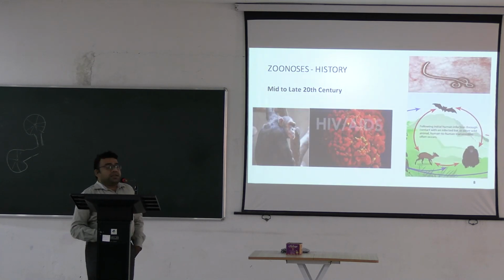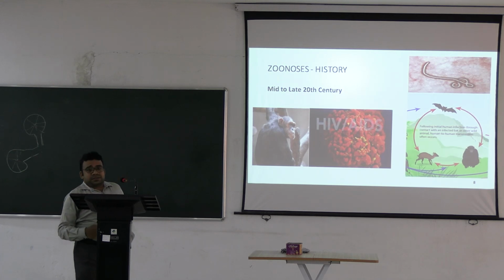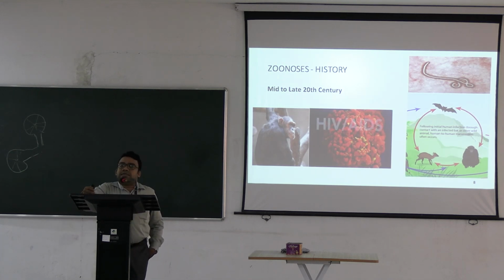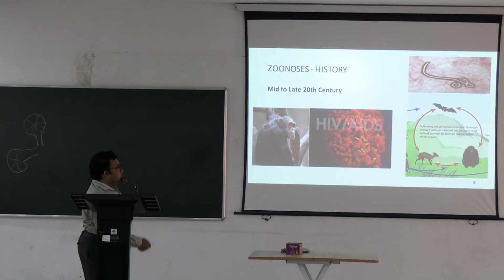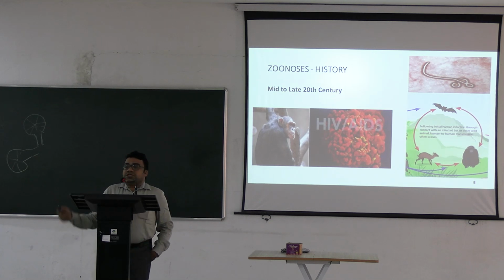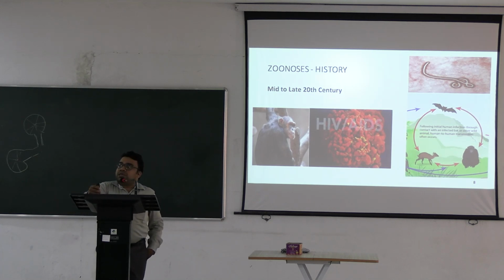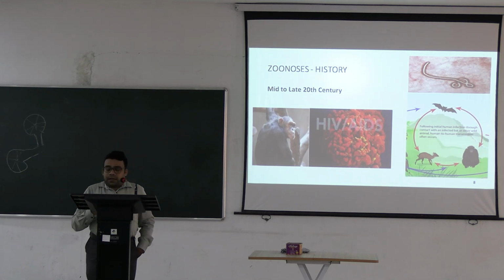Moving on to the mid to late 20th century, that is the bygone century, we have seen many diseases which have come from the animal world and have implicated the health ecosystem of human beings to a very great extent. Perhaps the most important is HIV. Initially, HIV was seen only in simian monkeys and it was called the simian immunodeficiency virus. From there, the virus moved on to the human population, and till today, we are suffering from the HIV